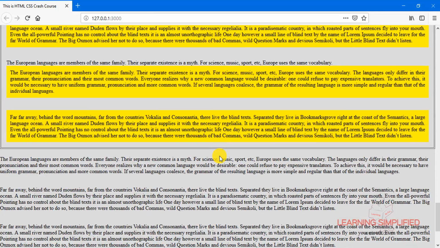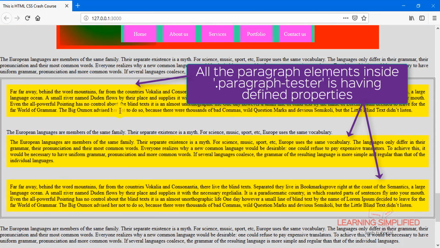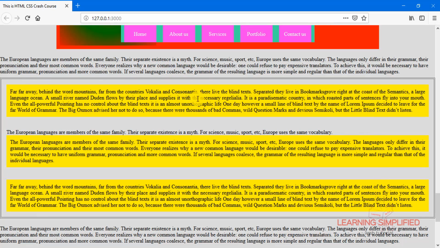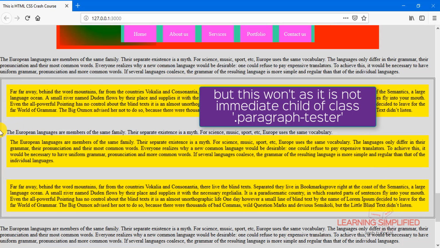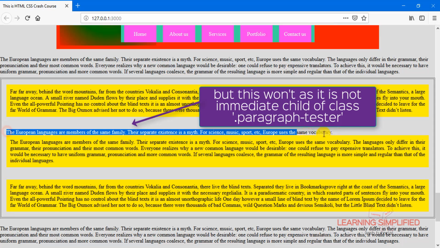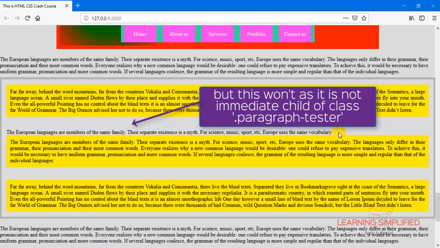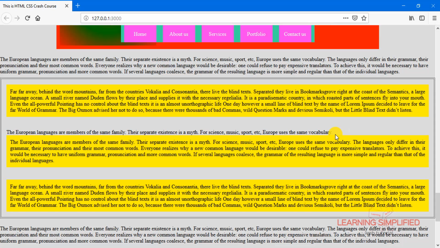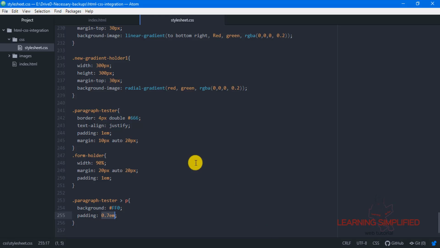If we get back to our project, we will see all those paragraph elements that are direct children of this div block element, which holds a class of paragraph tester, have these properties. But anything which does not satisfy this condition will have the default properties prescribed by the HTML page for a paragraph element. So this is known as the child selector.